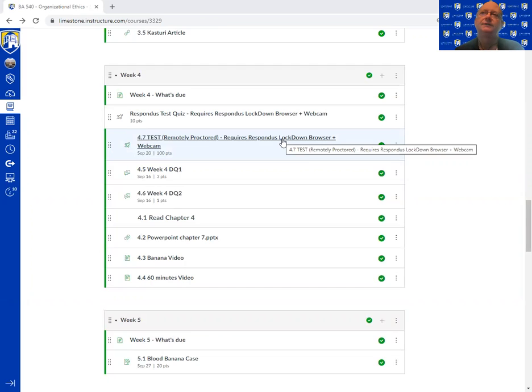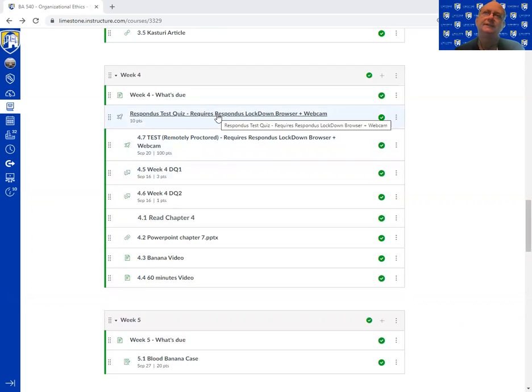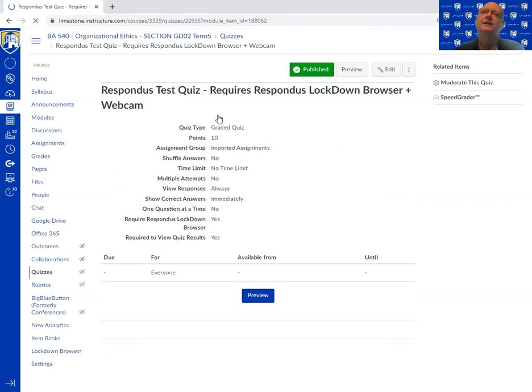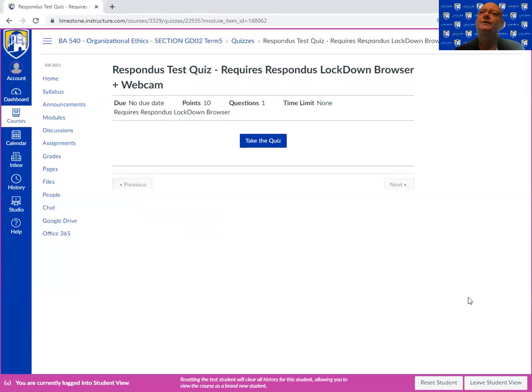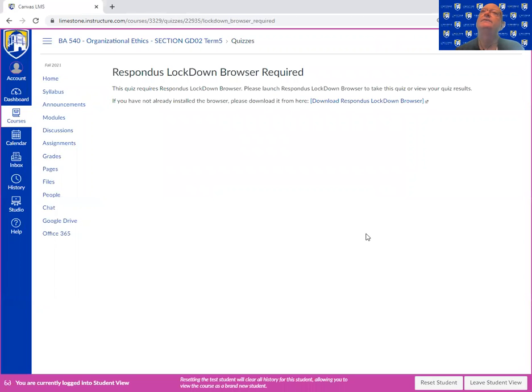I'll double check the settings here, and then I recommend that everybody take the test quiz here. You'll click on this to make sure that the lockdown works well. In student view, you'll see take the quiz. Click on it, and this will ensure that everything is working. For this one, it won't let me go any further, but